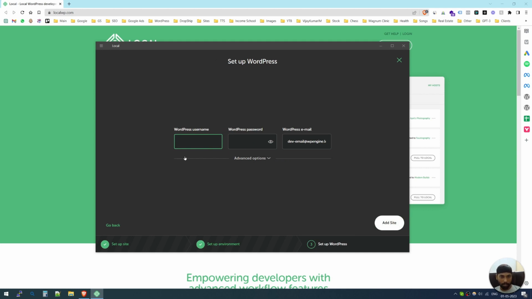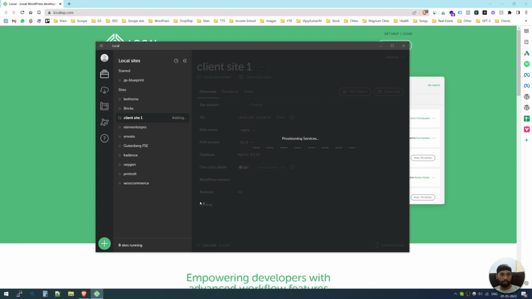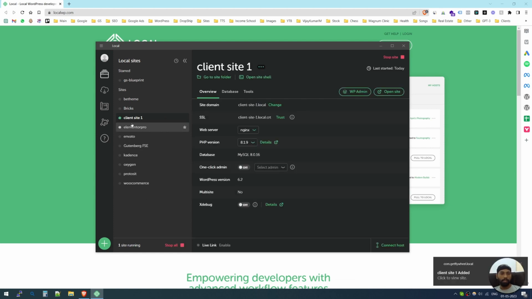It will ask you to create a username and password for your website. I'm going to give my name. That's it. Add site. It is going to create a WordPress environment. As you can see, now the WordPress website is installed, and I would always like to enable this option, one click admin,